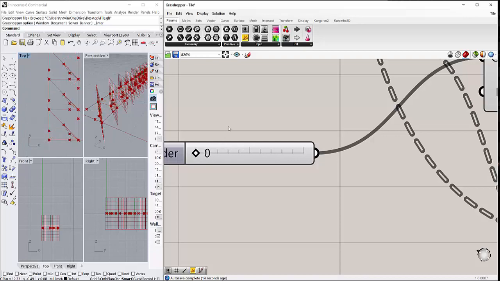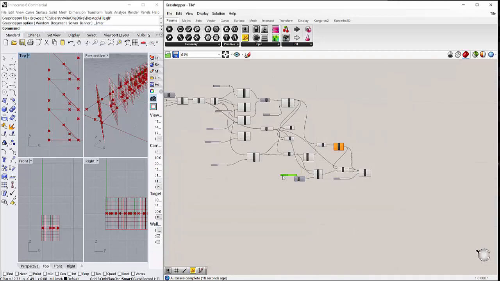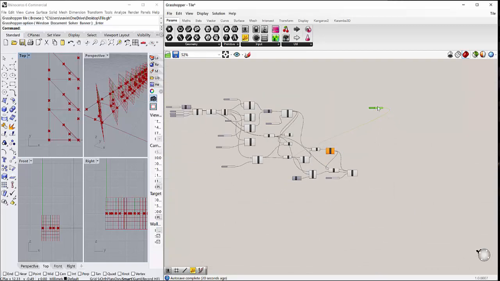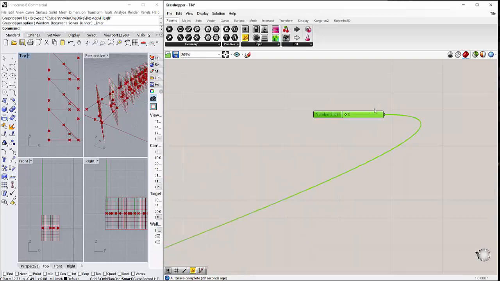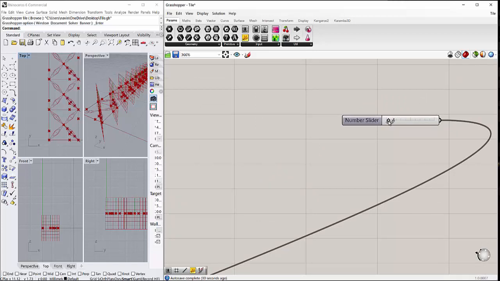So I will start at 0. This is an important thing I want. I will keep it aside. I'll keep it 1,